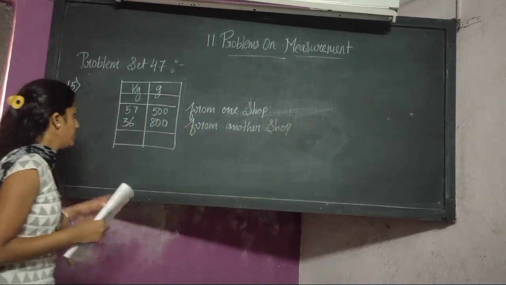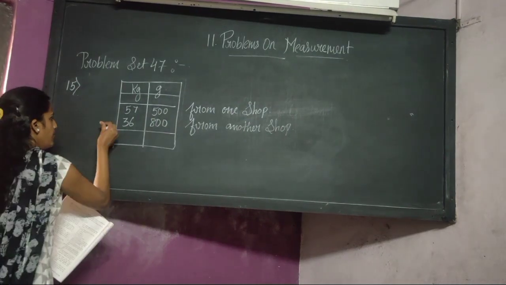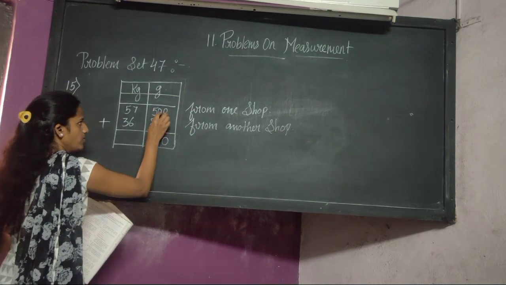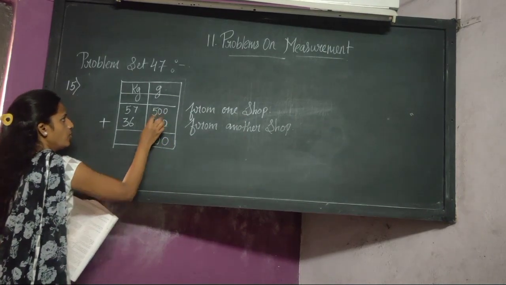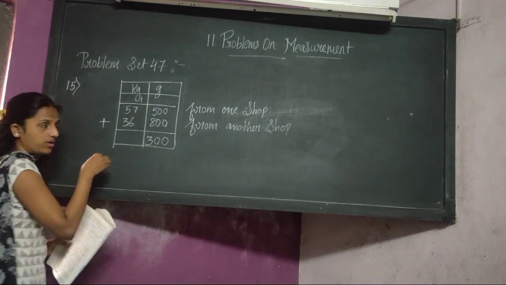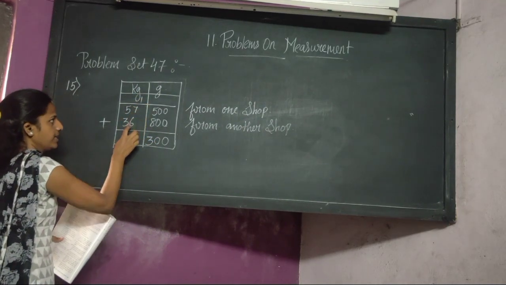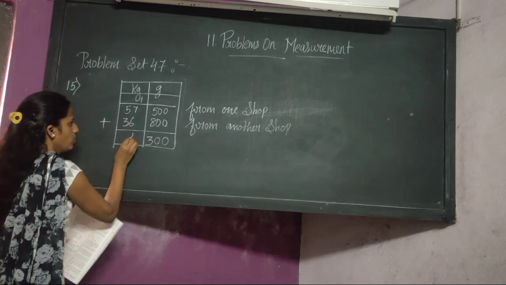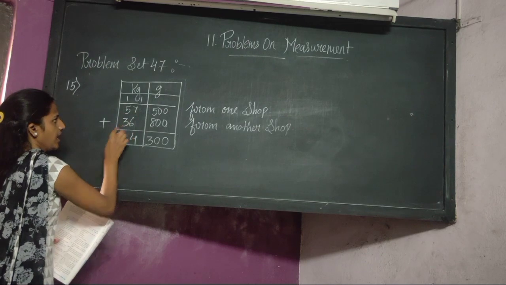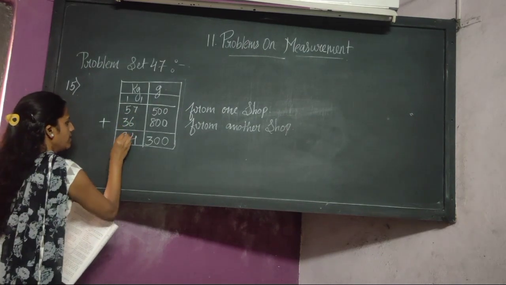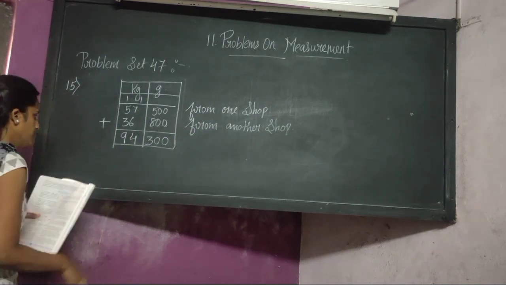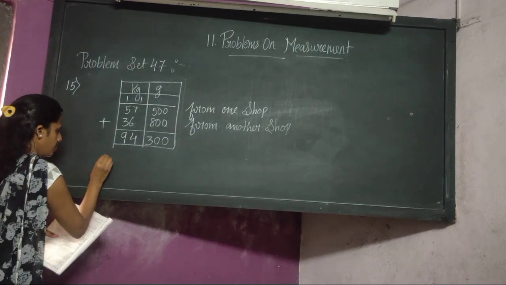Let's find out the total weight bought by Harminder by addition. 0 plus 0 will be 0. Again 0 plus 0, 0. 5 plus 8 will be 13. 3 here and 1 will be carried over. 1 plus 7, 8. 8 plus 6 will be 14. 4 here, 1 will be carried over. 1 plus 5, 6. And 6 plus 3 will be 9. That means the total weight is 94 kg 300 gram. Just write down the final statement.